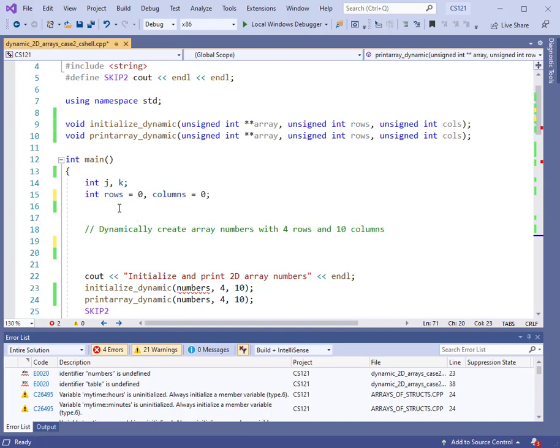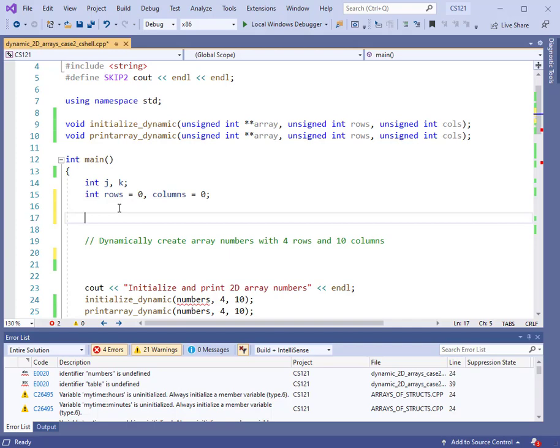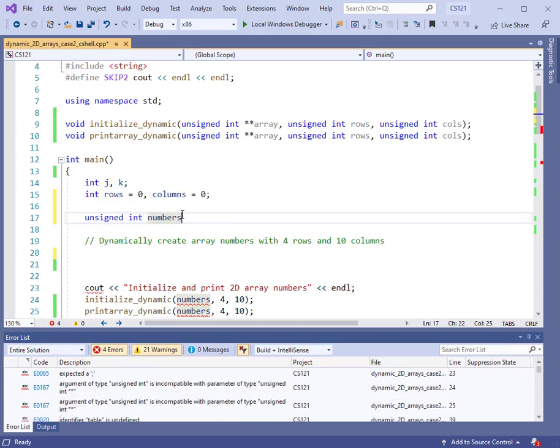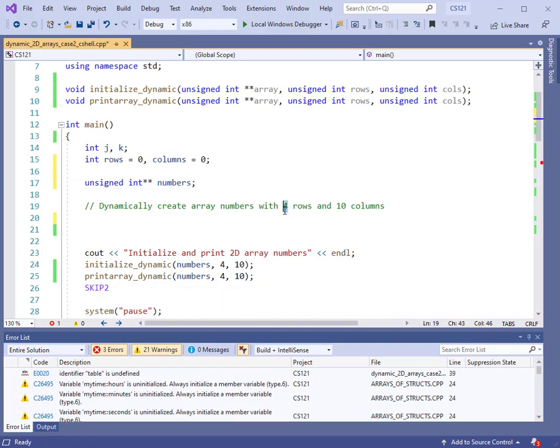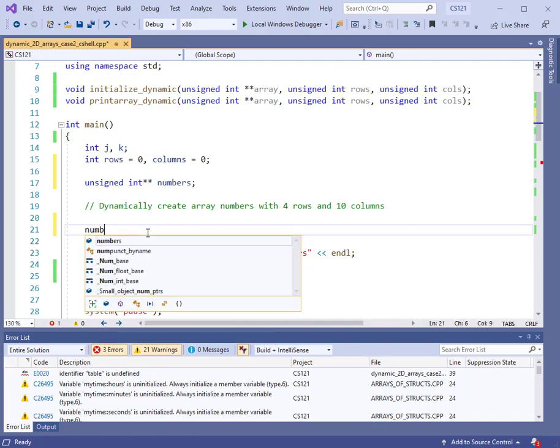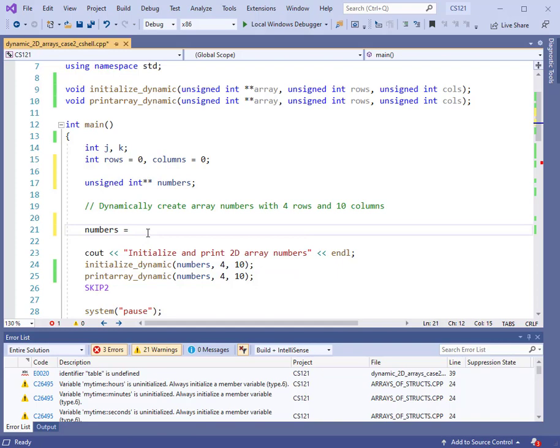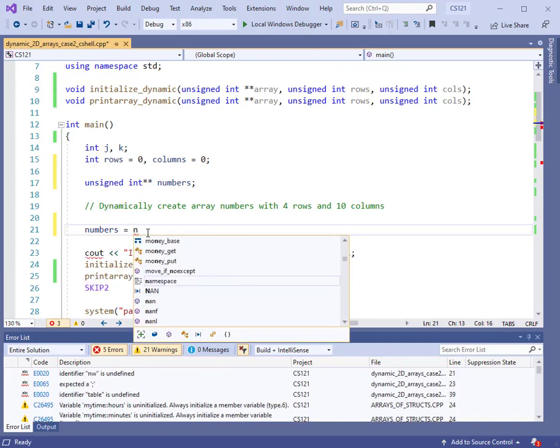Now, let's go back up to the main program, and let's start out by declaring a variable for a very specific array, numbers, with 4 rows and 10 columns. It's an unsigned int, and I'm calling it numbers. But if I want to use it as a dynamic array, I need to precede it with the double asterisk notation here. Then, if I want to create this array with 4 rows and 10 columns, the first thing I will do, like I did previously with table, is generate a one-dimensional array that has 4 rows. So to do that, I will set numbers equal to a new unsigned integer,